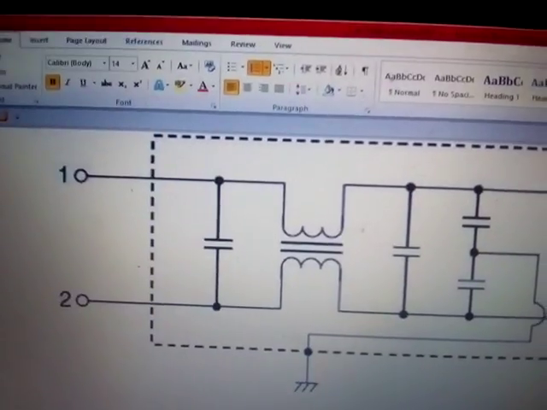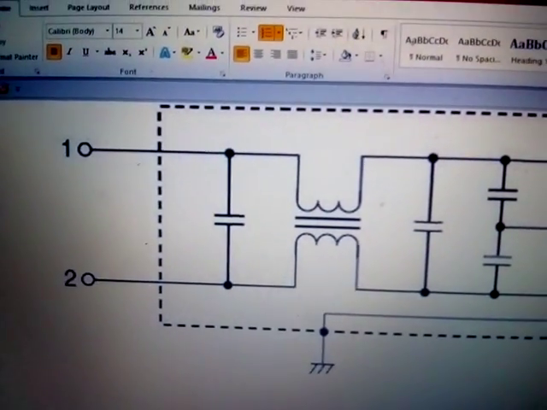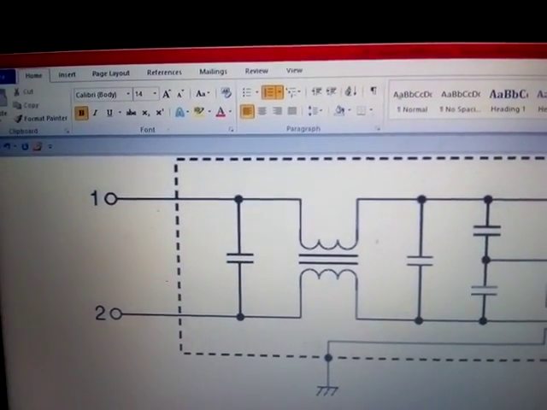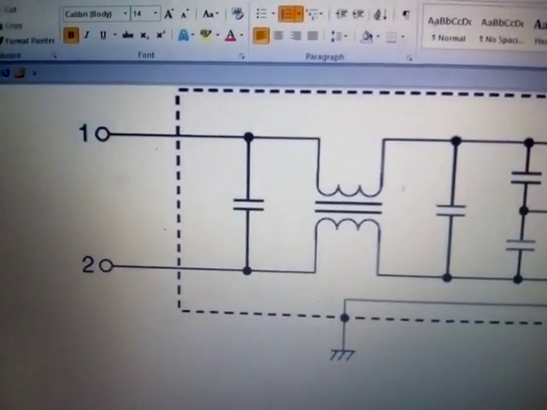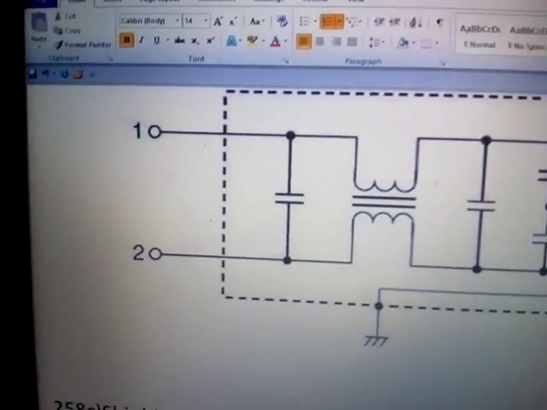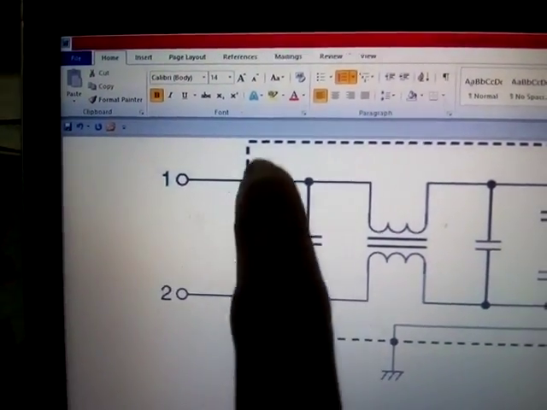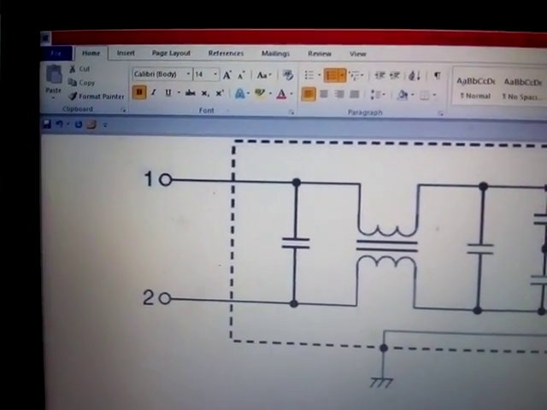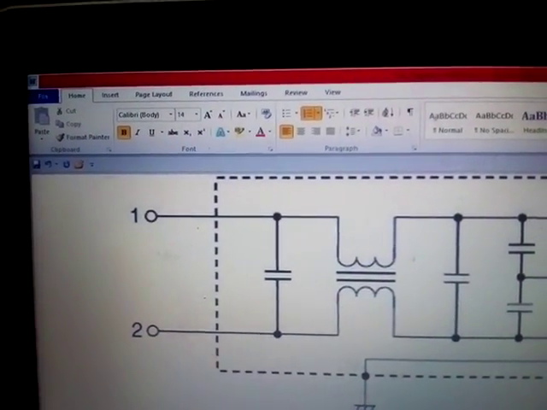So if some pass like that, you can also tune. So in filters, to bypass high frequencies, usually this radiation will be at high frequency. Radiation will not be in low frequency. Okay. So it will be high frequency. So to suppress high frequencies, the capacitor will be used in parallel. The inductor will be used in series. Because the capacitor will act as a short circuit for high frequency.